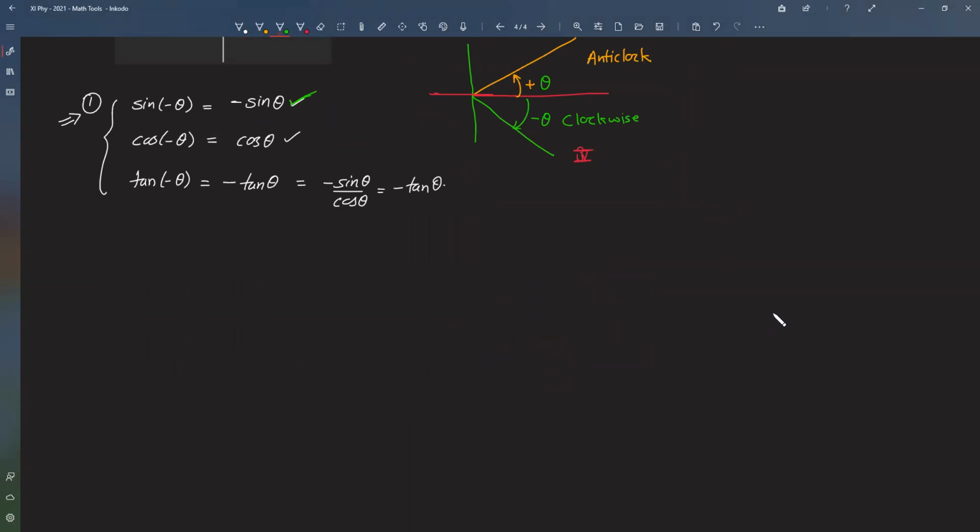Minus theta, when you do, you go into fourth quadrant, and in fourth quadrant, sine is negative. Actually only cos is positive, everything else is negative. Cos and sec is positive and everything else will be negative. So sine will be negative, tan will be negative, cot will be negative, cosec will be negative. Simple. Now we'll come back to this and various other such very commonly used transformations.